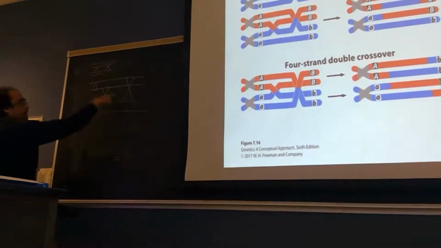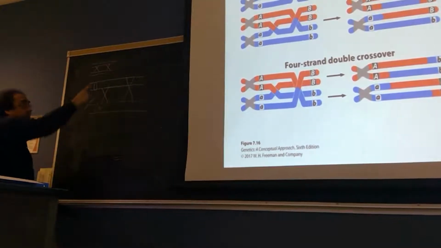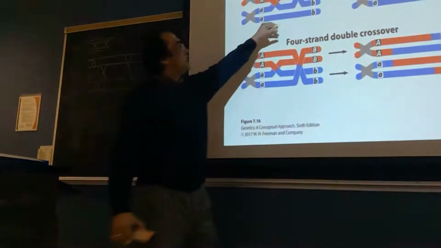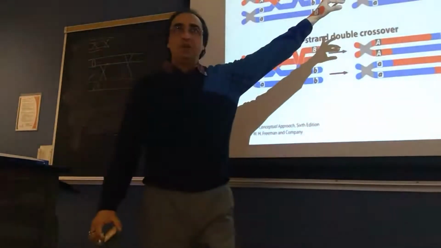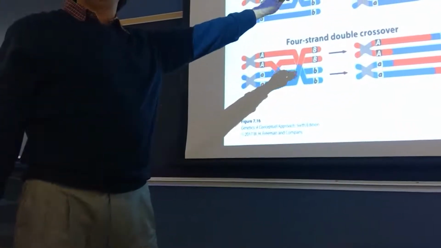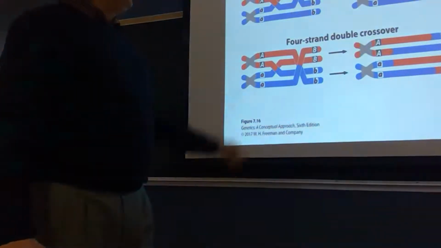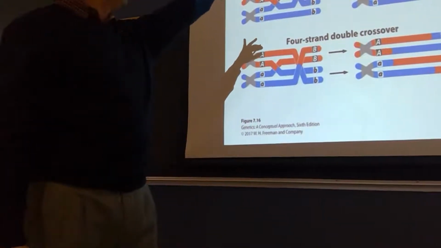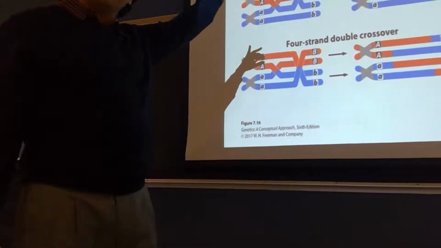This is a double crossover, but three strands are involved. In such a case, if there is a three-strand crossover and only two genes, there is a chance of having 50% detectable recombinant and 50% non-recombinant. If there are two genes and a double crossover between only two strands, there is no